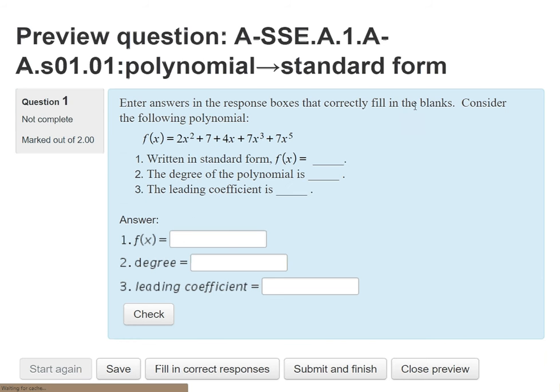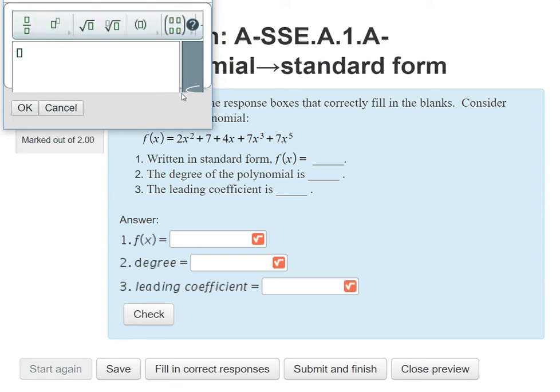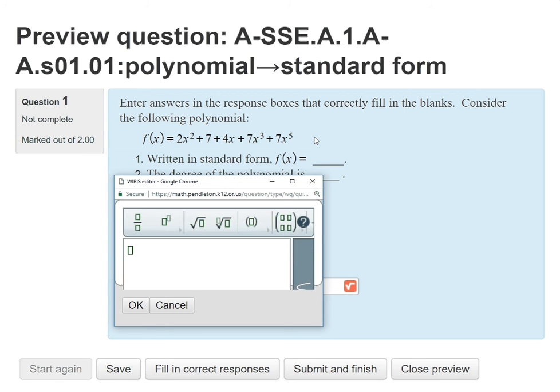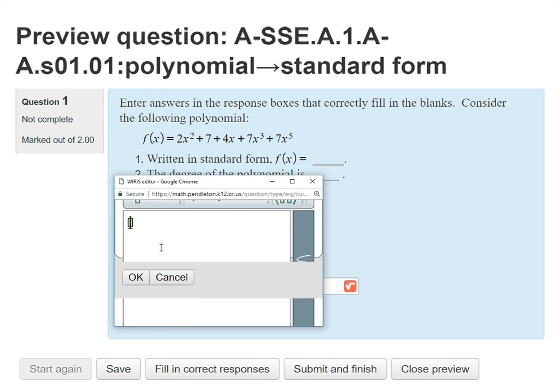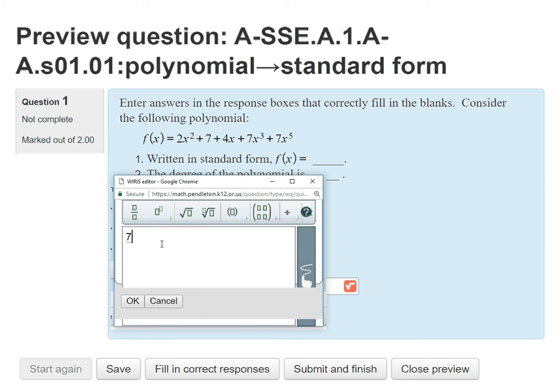Okay, how about that? So there's a polynomial, right? First thing we want to do, let's write that in standard form. If I'm going to write that in standard form, which term has to go first? The biggest one. Okay, good. So we've got to do the 7x to the 5th, don't we? Right. So 7x to the 5th. What's next? 7x to the 3rd. Okay. What's next? Plus 2x squared plus 4x